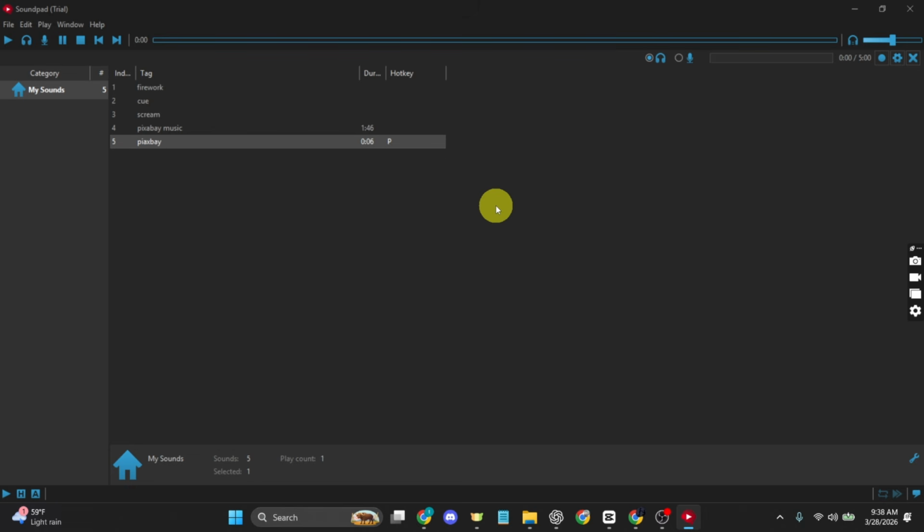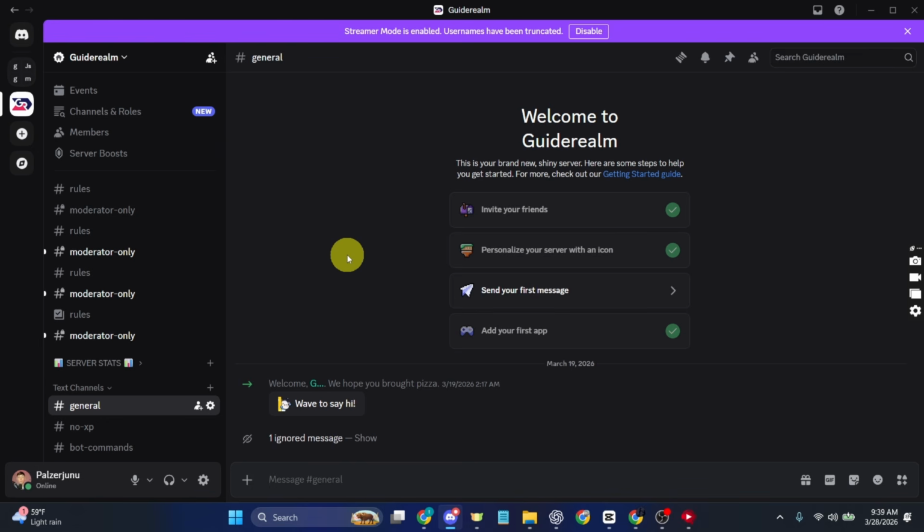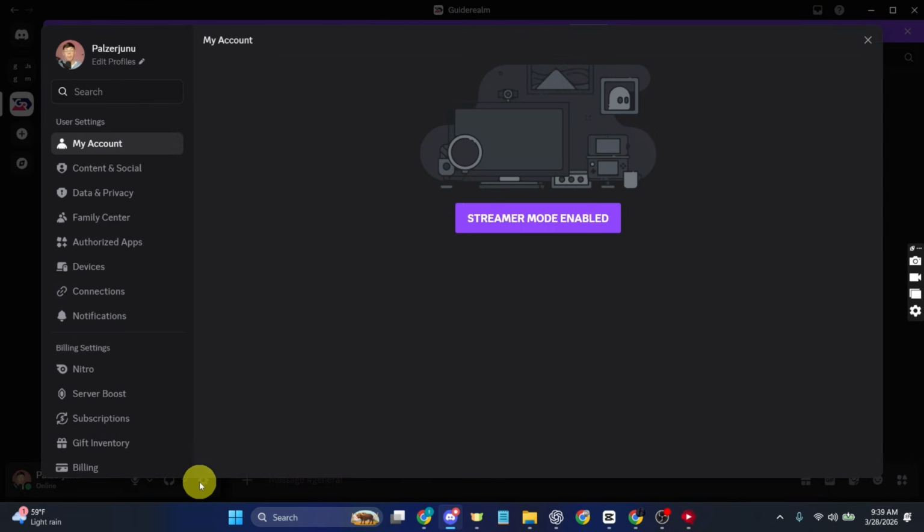This means if you are in a call or Discord or in a game, other people will hear that sound as if it is coming from your mic. And one important thing to make sure is that your microphone is set correctly in your apps. For example, if you are using this on Discord, just go to your user settings for Discord and go to voice and video,